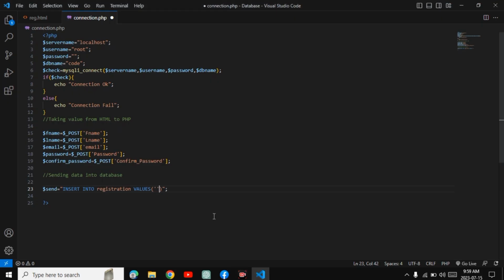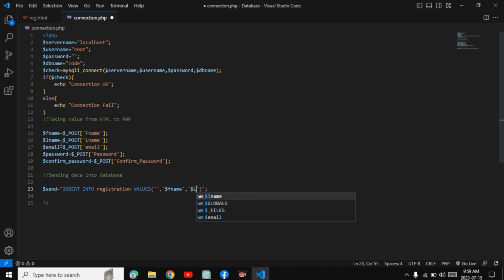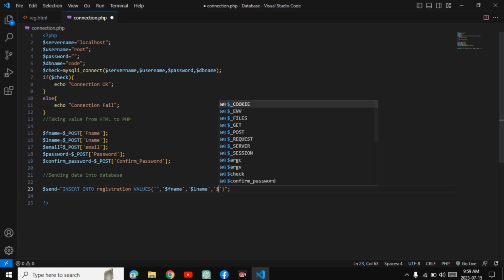So single inverted comma, after that comma, we are sending the first name, so single inverted comma, inside it $fname, and after that comma, single inverted comma, inside it we are sending the last name, so last name, after that comma, single inverted comma, inside this we are sending email,